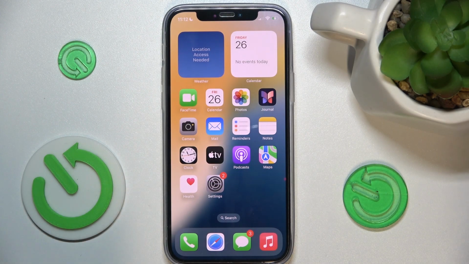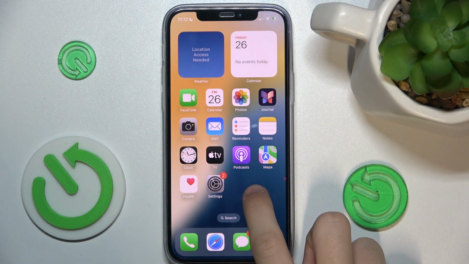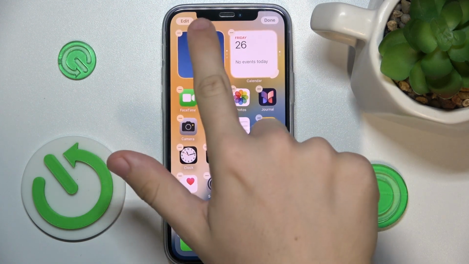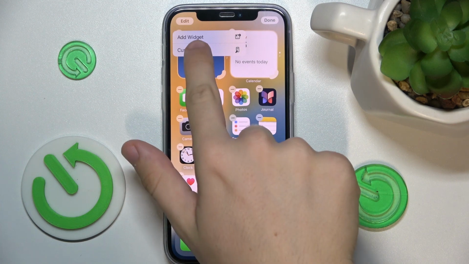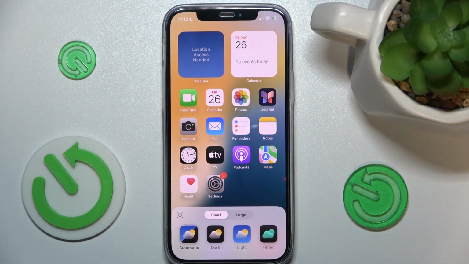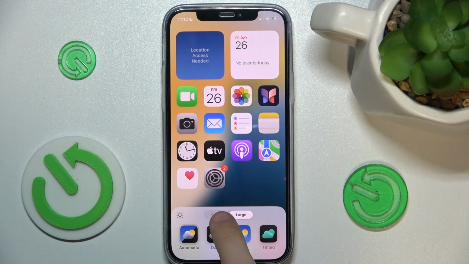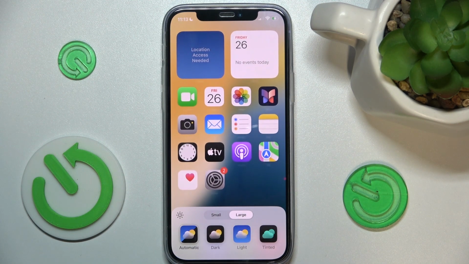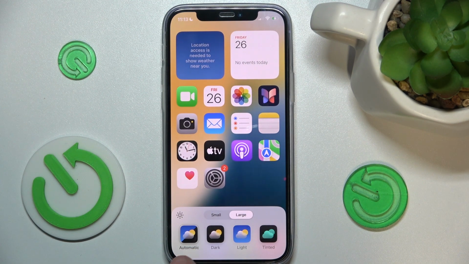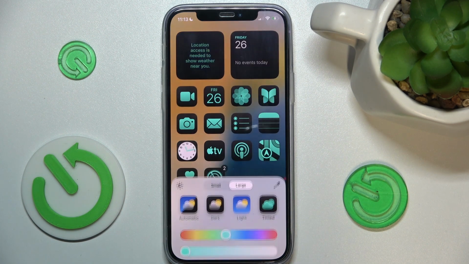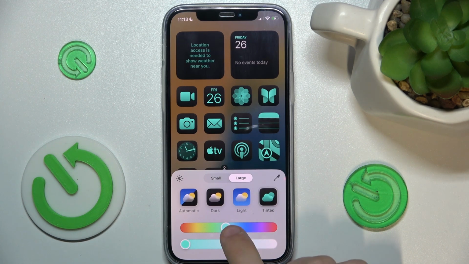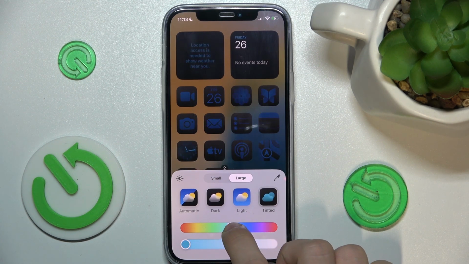To enable dark icons on iOS 18, press and hold on free space on your home screen, then tap on Edit, then Customize, and now you can see that you can set small or large icons, and you can set these icons to automatic, dark, light, or tinted. I'm gonna choose tinted, and now choose the color,